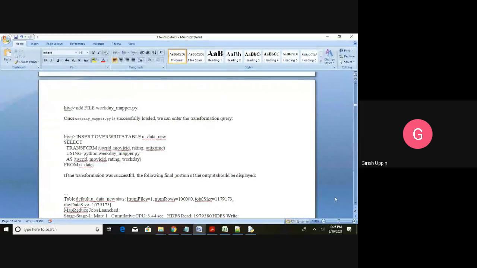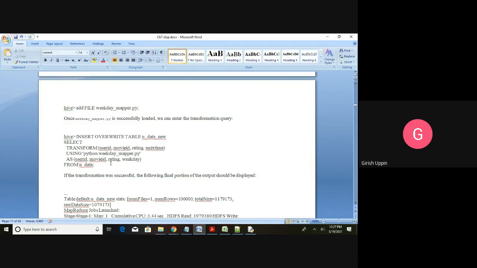How to do that? Add file weekday underscore mapper dot py, the Python script. We will give it as a mapper. Then insert overwrite table u underscore data underscore new, select transform user ID, movie ID, rating, Unix time. So this will be given to the mapper, using Python weekday underscore mapper dot py as user ID, movie ID, rating, weekday.